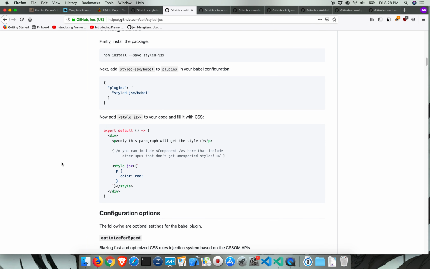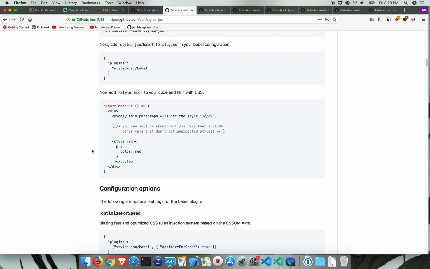So if you remember from our code a few minutes ago, where we have the style tag at the bottom, this is somewhat similar, although they're using the JSX attribute, and then because it's JSX, we're seeing this beginning brace and then backtick, and then it's basically just CSS though at the bottom. So in that sense, what we're getting from these lit HTML with Haunted, or lighter HTML with Haunted components, is similar, where we can put the style tag down there at the bottom. Okay, so